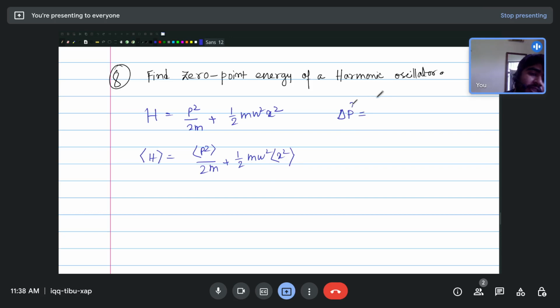So let's write delta p square. So delta p square is p square average minus p average square, and delta x square is x square average minus x average square. Okay, so now this is the important property that because of the symmetry